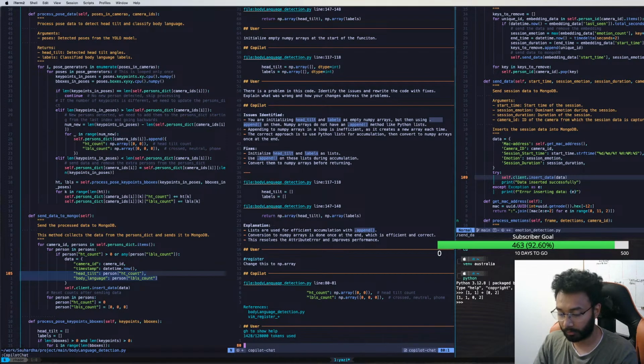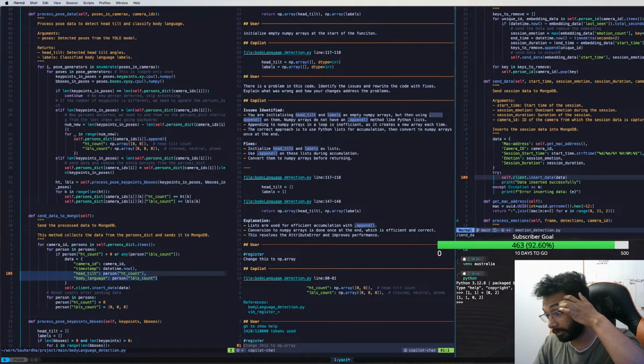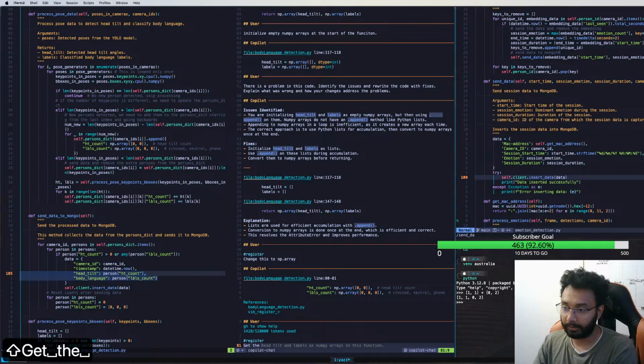Again. Register. Enter. No, this is not changed to numpy array. It's more like get the max value of the NP array